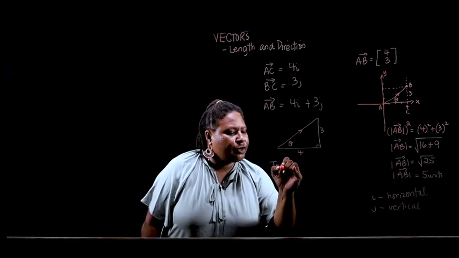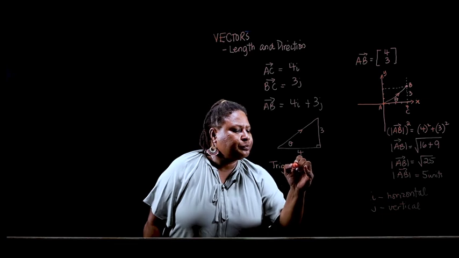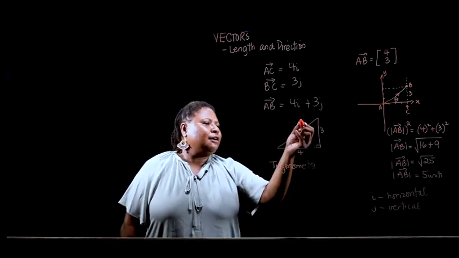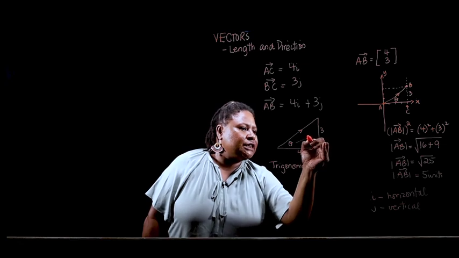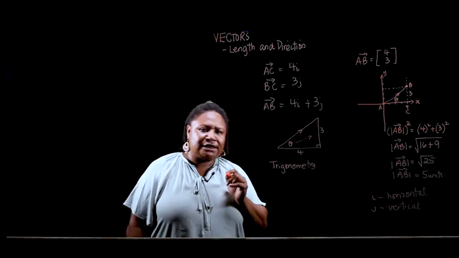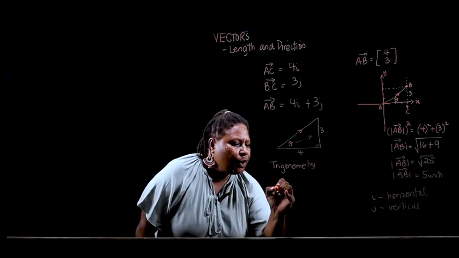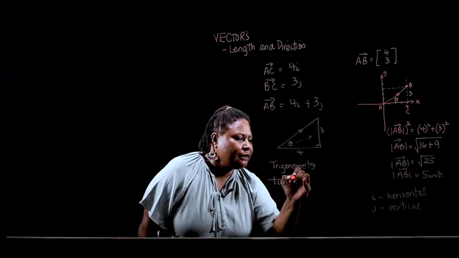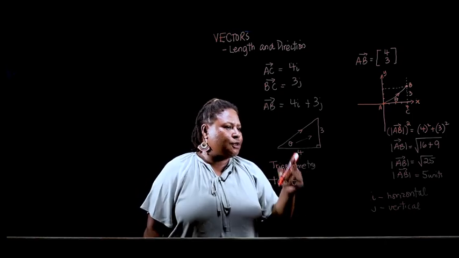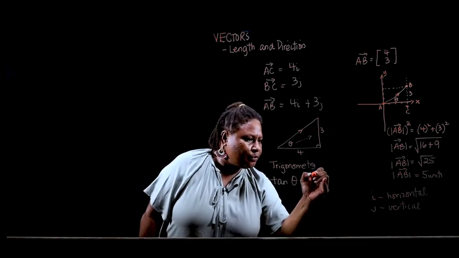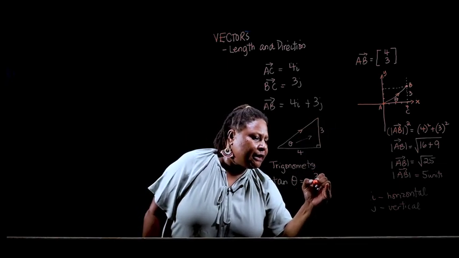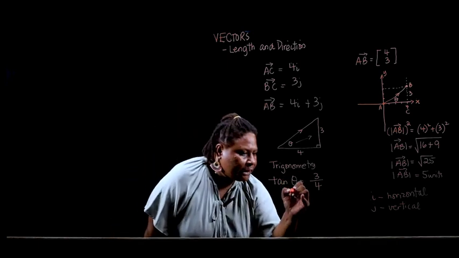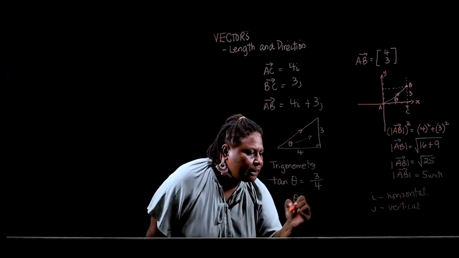We are going to use one of the ratios that we've already learned. From the triangle, you can see that our opposite and the adjacent side is given. So we are going to use the tangent ratio. So tan theta is equal to opposite side of 3 over adjacent side of 4. So theta is equal to,